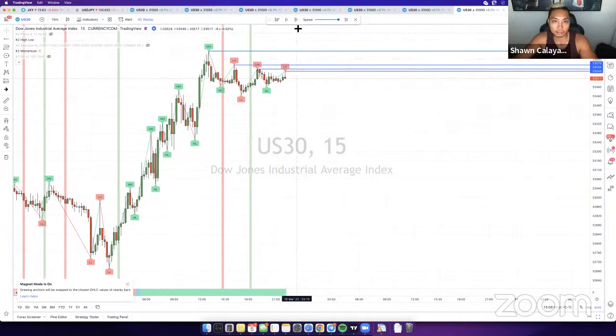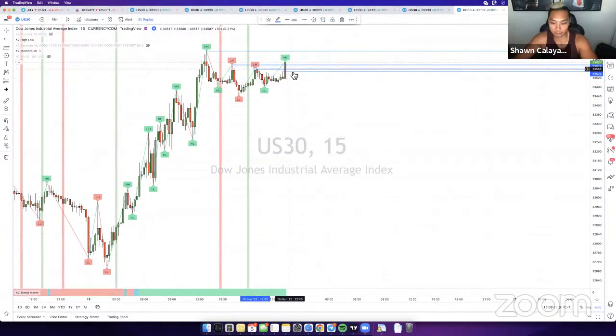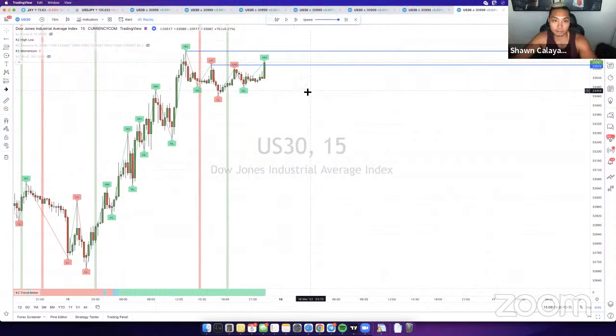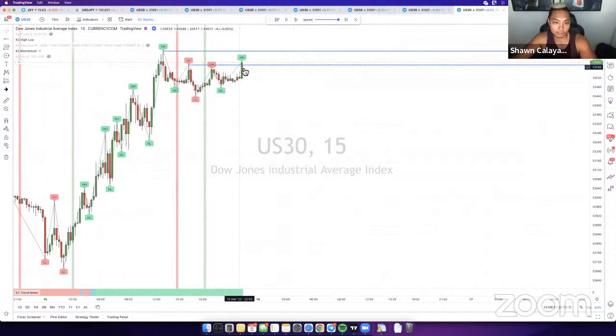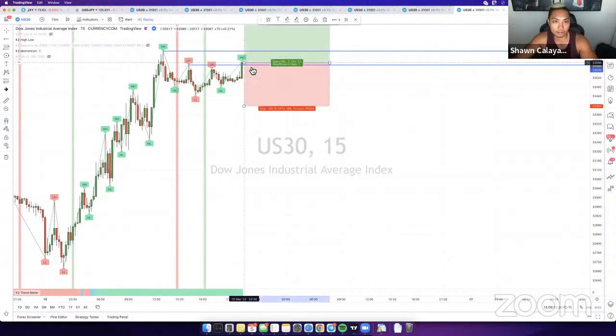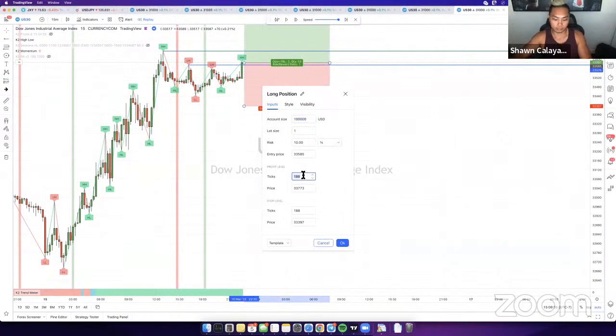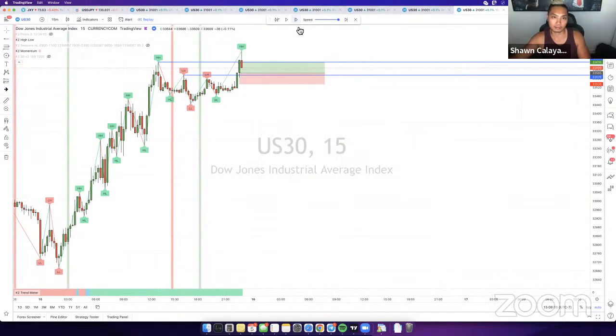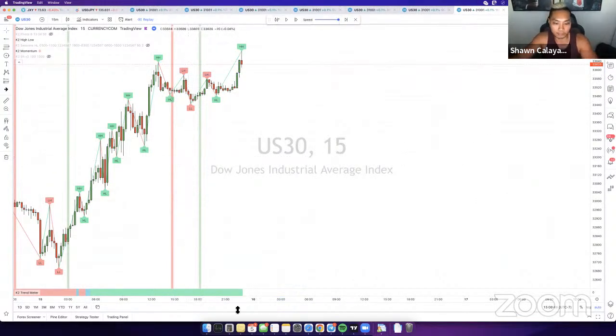Same thing, you're looking for price to break and close above the unbroken highs. So right there, this candle breaks above it, momentum is green. So we're looking for a buy, trend meter is green, looking for a buy into this for a long position right there. Fixed TP, stop loss, 500 pips. If you think about it, this is full TP again right there on a random day. If you can do 500 pips,